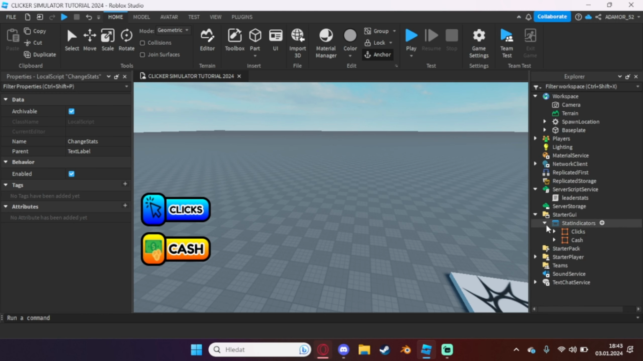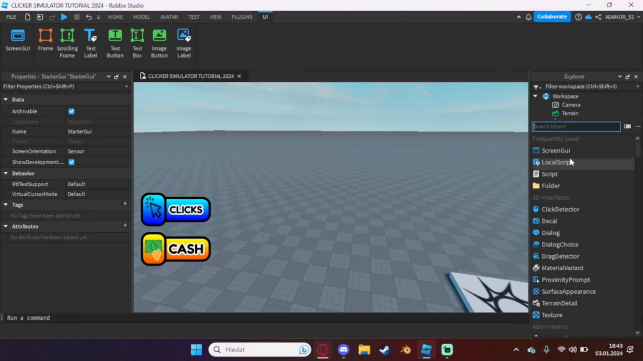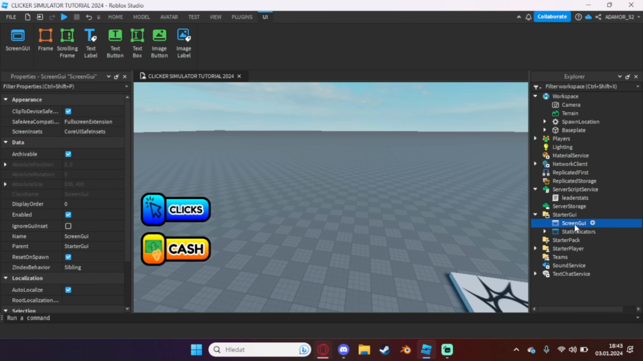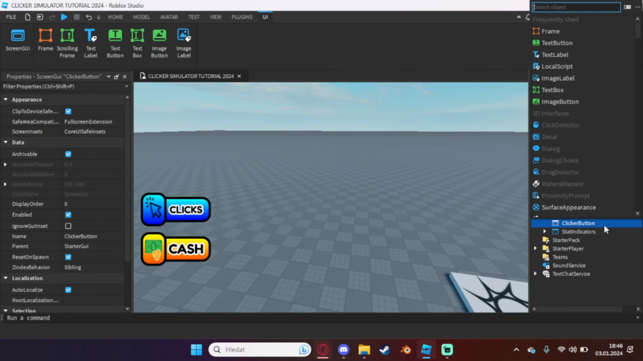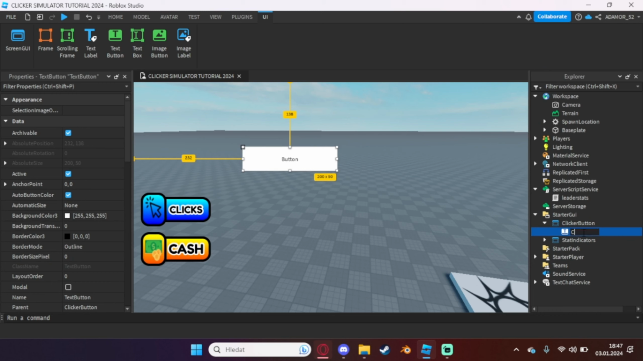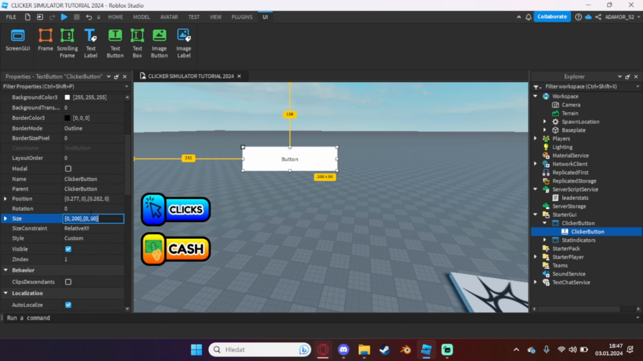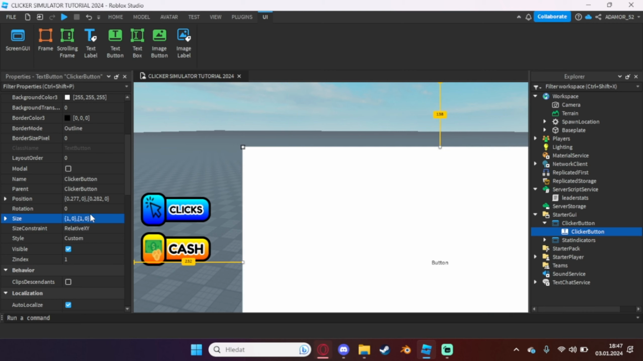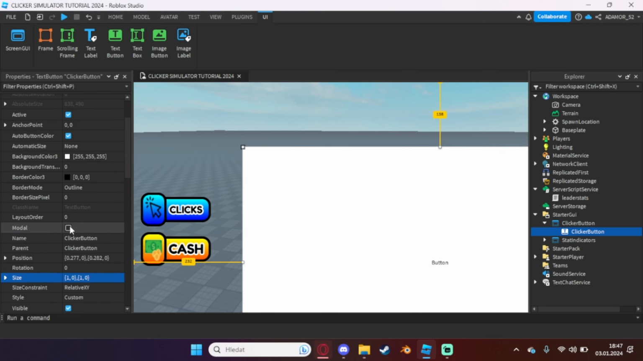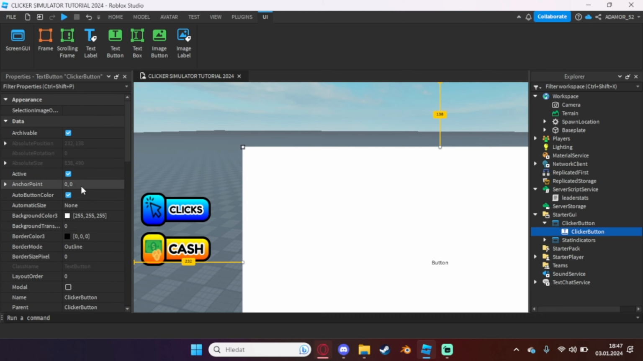So how will we do that? We will make another screen UI, let's call it a clicker button. And in the clicker button we will add a text button. Let's name it clicker button. Let's set the size, where it is, there, 1,0,1,0, and there we need to set also the anchor point, so 0.5, 0.5,